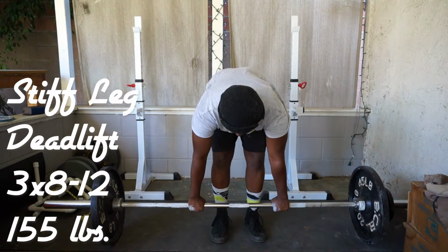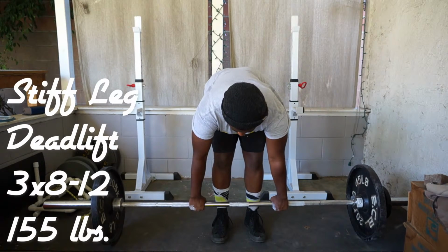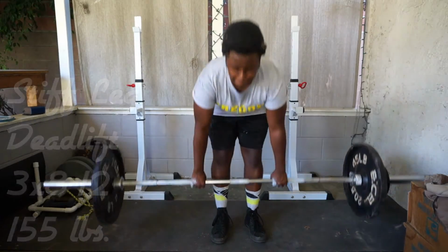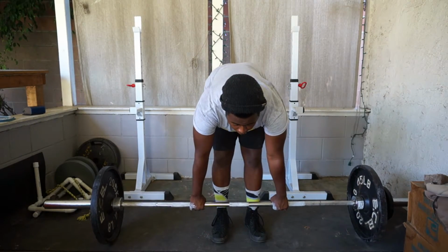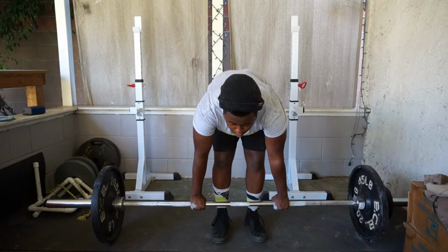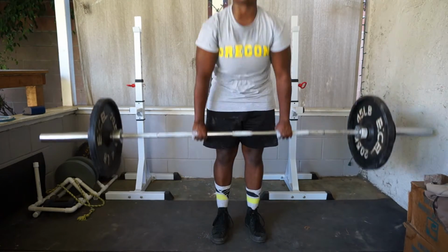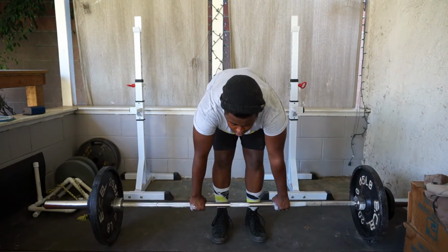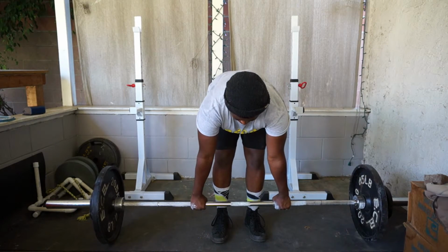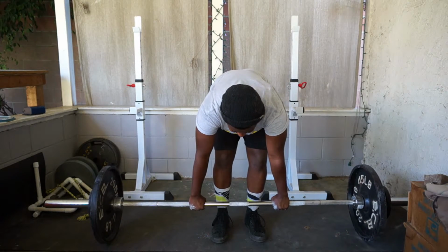And then another thing that I've tried to do is, because before what I would do with my stiff leg deadlifts is just try to pull as many as possible really fast and not take much time in between reps and just try to get all 12 reps. Candito gives you these rep ranges on your optional exercises. You can go from 8 to 12 reps and you're doing 3 sets. So trying to hit those 12 reps as fast as possible is what I would do before. What I did in this one is that I slowed down a lot